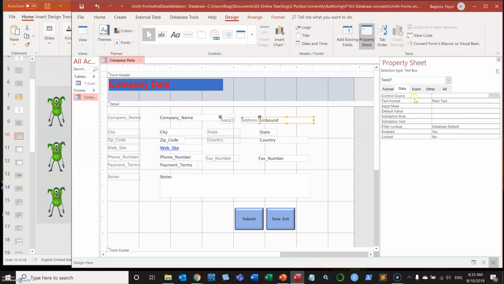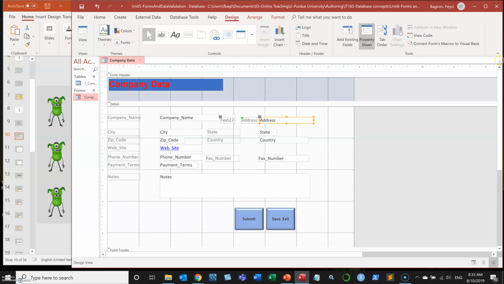All right. So in the control source and the field of the property, and control is basically this text field that we created. I'm gonna click on the drop down box because the whole form is already tied to the table, so I don't need to select the table. And I'm gonna click on the address, right? So then I'm gonna close this, save it,